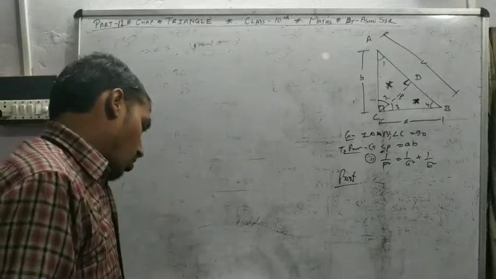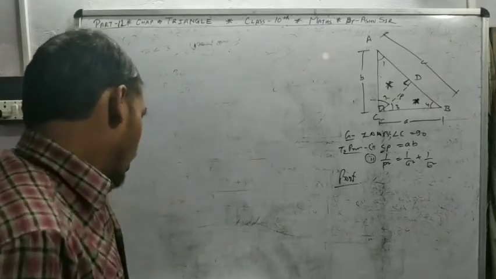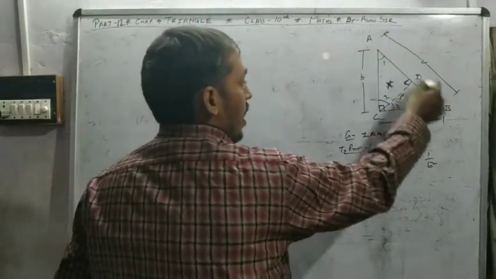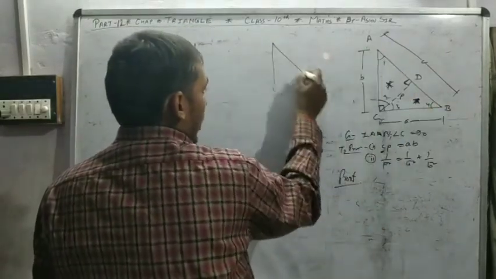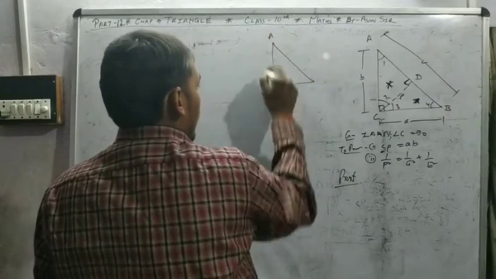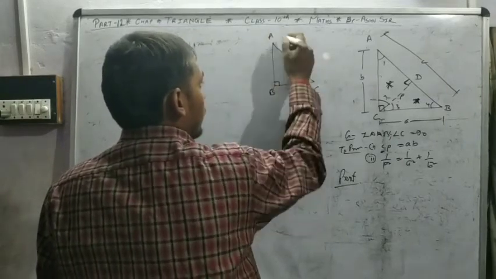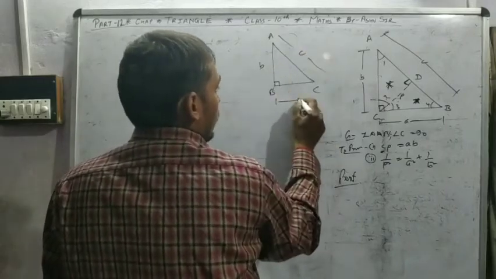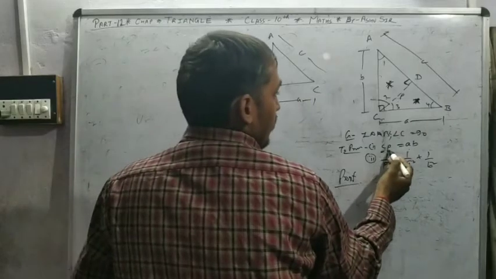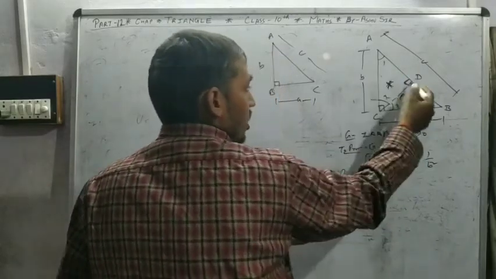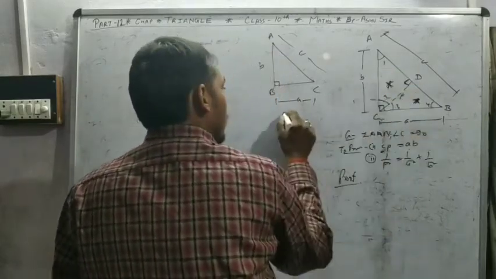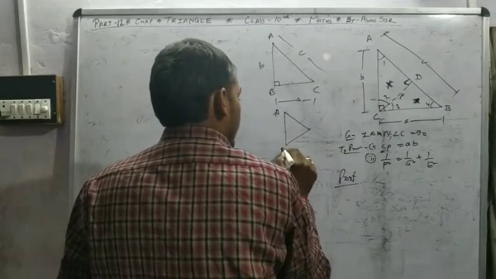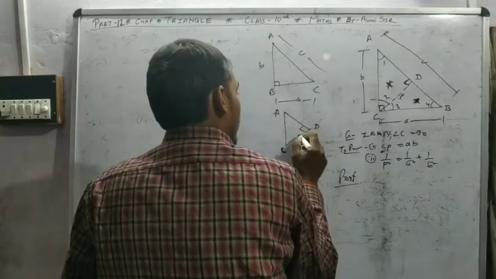So, for this question, we want to prove that CP equal to AB. Where is C? C is a part of the big triangle. So we take a big triangle ABC. And P is in this triangle and this also. So you can take any one small triangle. Suppose we take ACD.